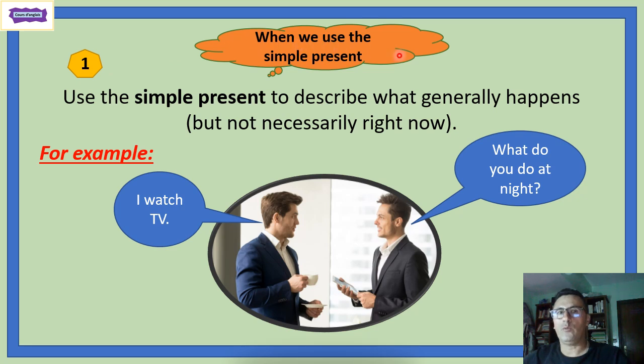Alors, when do we use the simple present? Quand utiliser the simple present? Number 1. Use the simple present to describe what generally happens but not necessarily right now. Utilisez ce temps simple present pour décrire ce qu'on fait généralement, mais pas nécessairement maintenant. Par exemple,